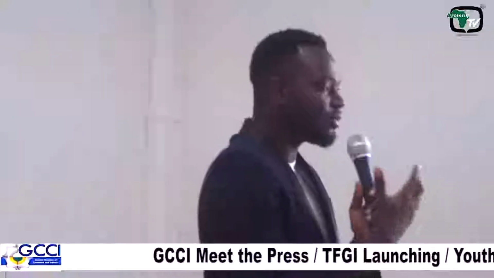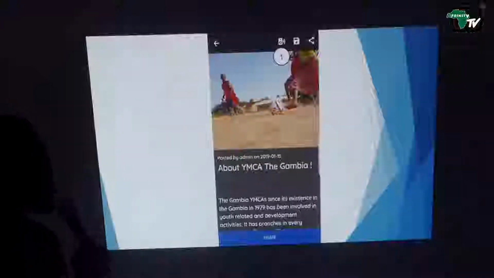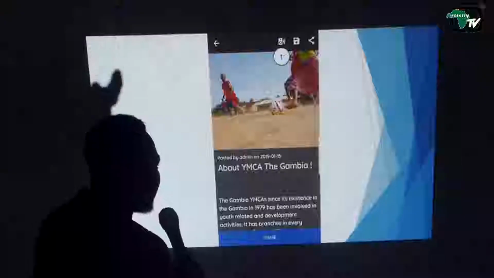So we added a little bit of AI. Nowadays, based on research, many individuals would not like to read a lot of things, especially if they are in a lot of wordings, so they wouldn't love to read. So what we did was we added a little bit of AI, wherein the application reads for you. You don't need to read. All you need to do, if you want the application to read information for you, just click on the speaker icon and start reading the important information you have on that post.